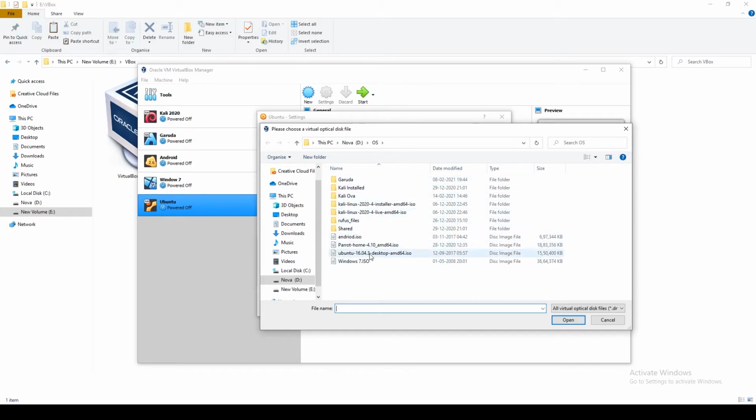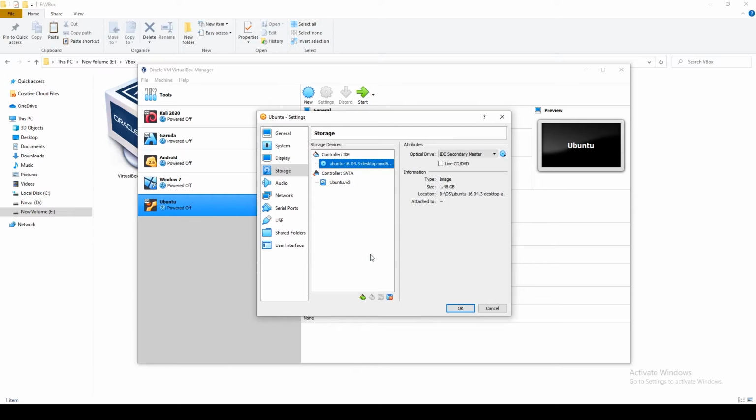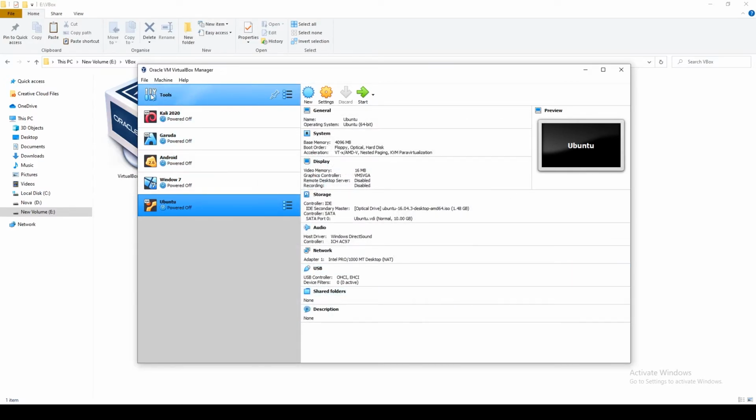Now here are the bunch of ISOs I have downloaded. I have ISOs of Android, Fire at Home, Kali Linux, Windows 7 and Ubuntu. I am going to use Ubuntu. It is a Linux based operating system. Now click on OK. Everything is done here. All the settings you need to keep are default.